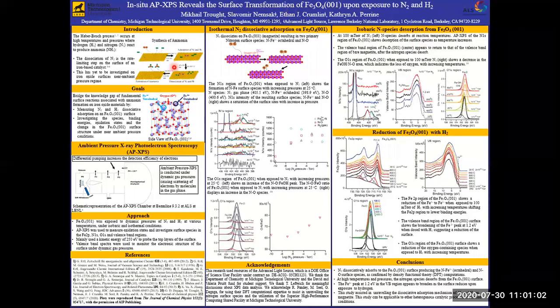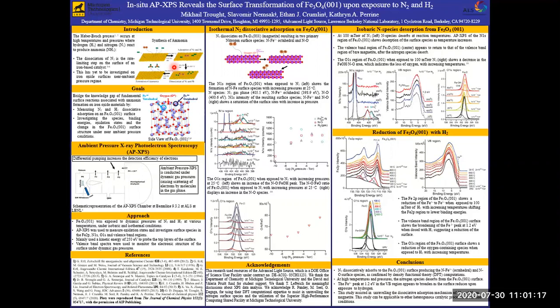Hello, I'm Mikhail, and the title of my work is In-situ AP-XPS reveals surface transformations of magnetites upon exposure to nitrogen and hydrogen. The industrial synthesis of ammonia, also known as the Haber-Bosch process, consists of converting nitrogen and hydrogen